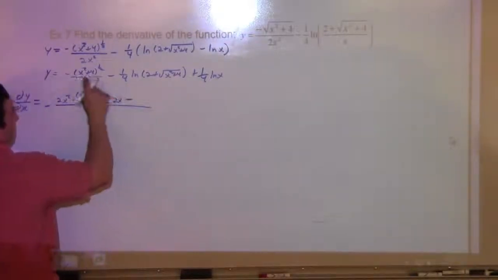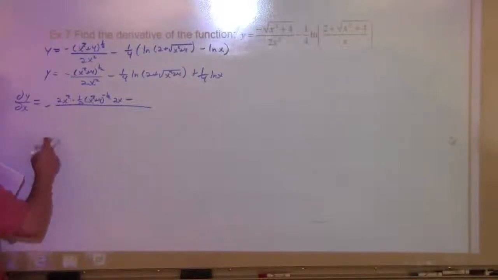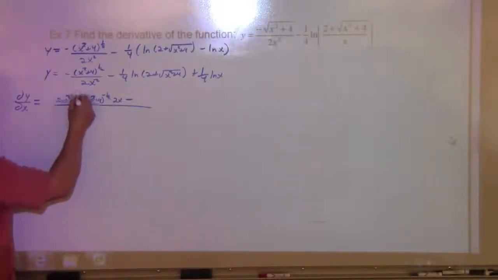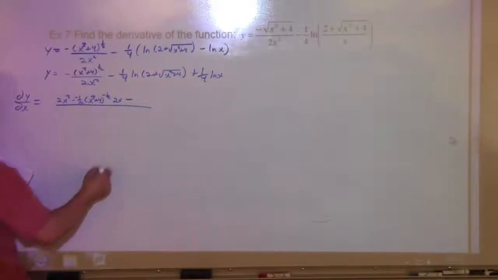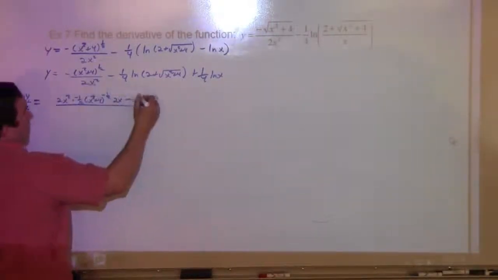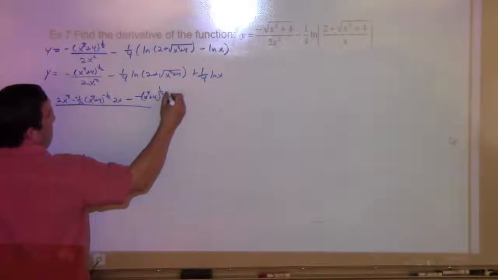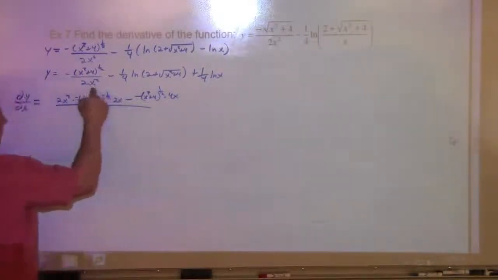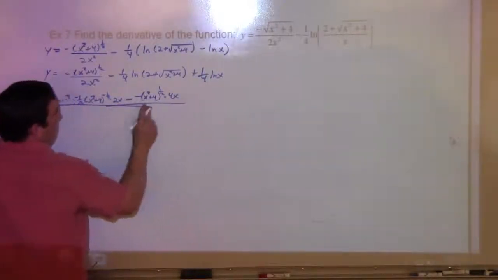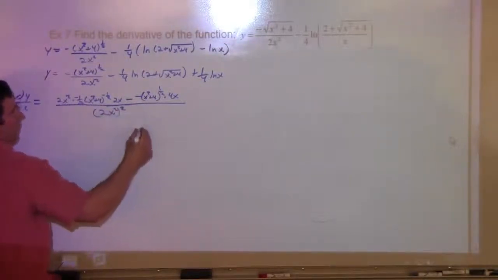So minus, what if I brought the negative? I could do that. I got the negative to this part here. I can do the negative there, and I don't have to worry about messing up my negatives. We're going to have x squared plus 4 to the 1/2 times 4x, that's the derivative from here, all over the square of what's below, 2x squared squared,